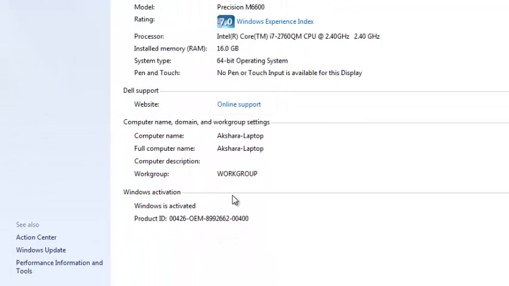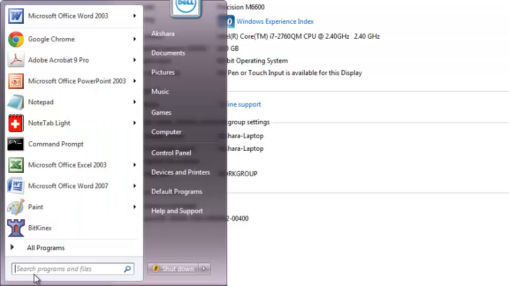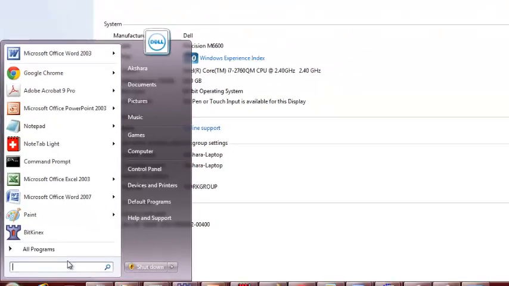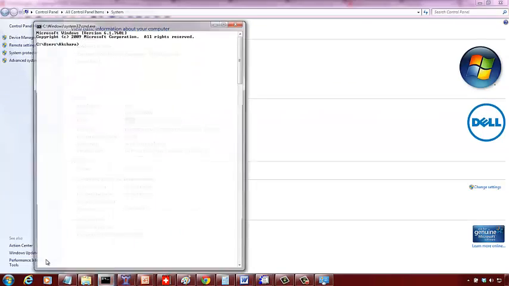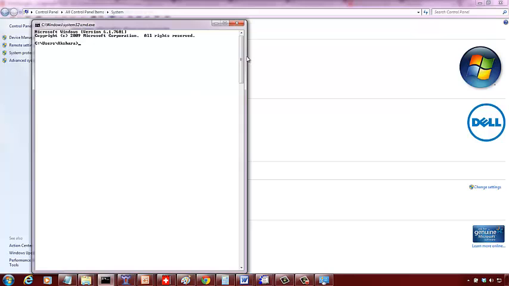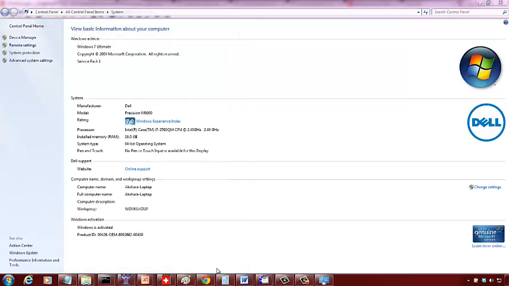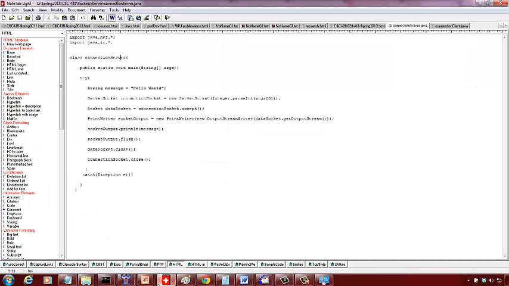Alright, then open a DOS window. You do that by going to start. This is Windows 7, so type CMD, and you get the DOS prompt. Alright, now let's go over